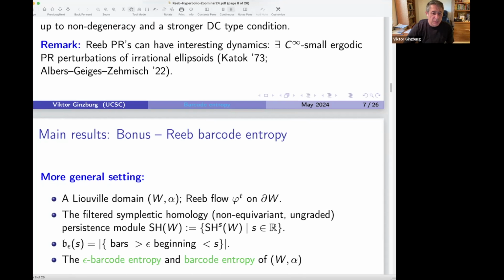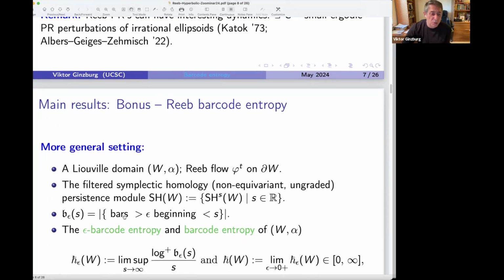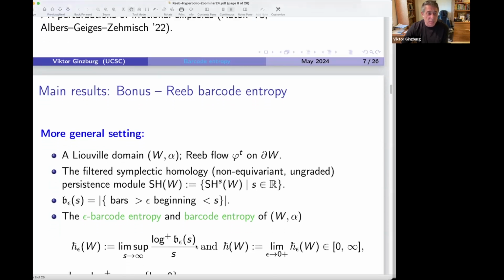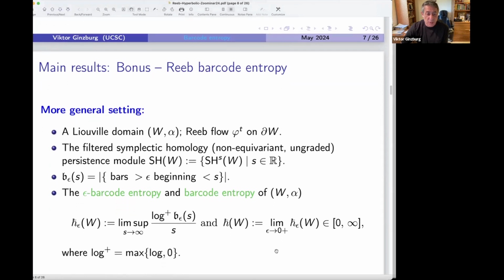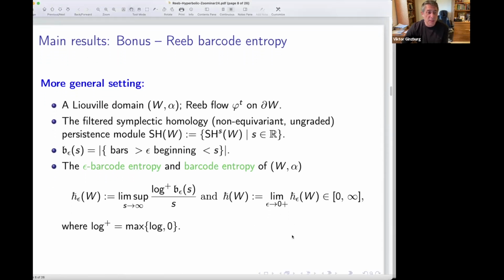Let's take the filtered symplectic homology, non-equivariant, of that domain, and think of it as a persistence module. As usual, we are going to look at the number of bars greater than epsilon beginning below the period threshold S. Think of it as a function of S, and then look at the exponential growth rate of this function, first for a fixed epsilon and then send epsilon to 0. We get a number, possibly 0, possibly infinity,